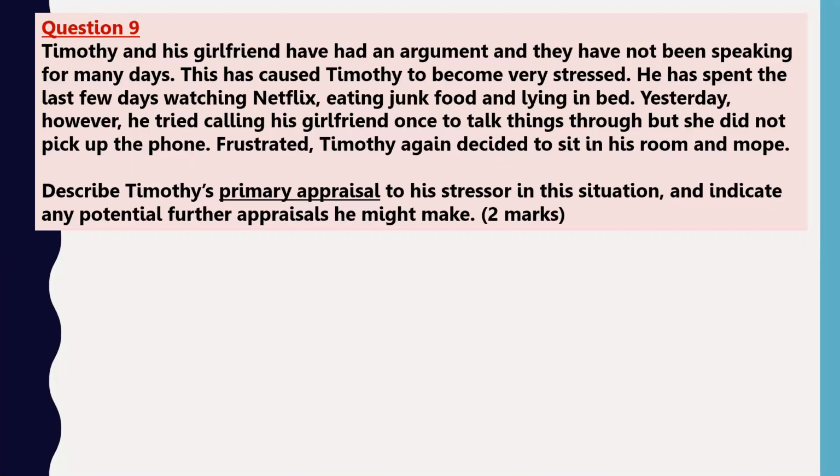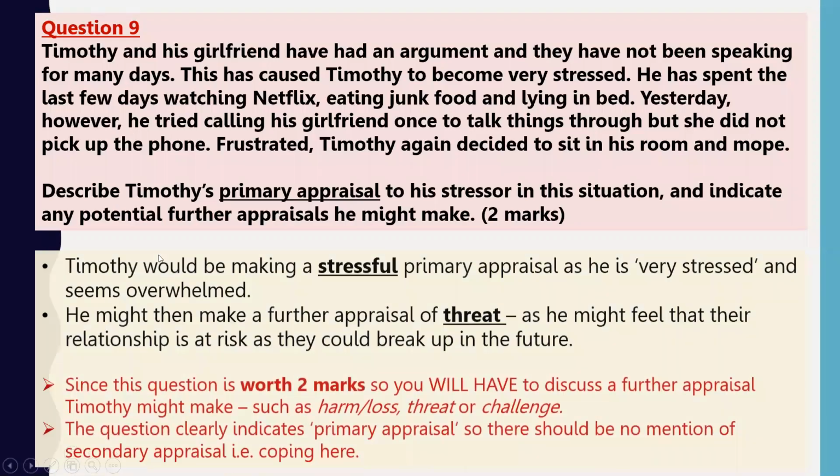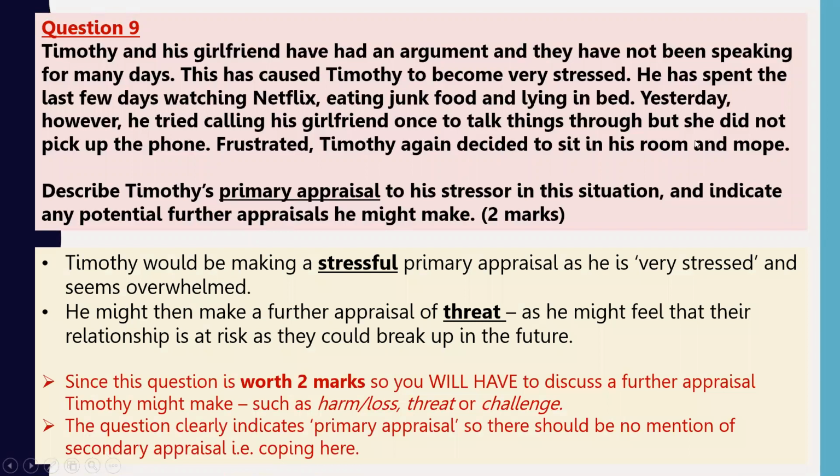So obviously we're talking about primary appraisal here, which is the initial interpretation. So there were some key words that you have to use, okay? So I'll show you guys what the answer is first. So it says that also you need to indicate any potential further appraisals he might make. So number one, the first mark you get for this question will be you naming the actual primary appraisal. And the second mark you get is for naming any further appraisal he might make,